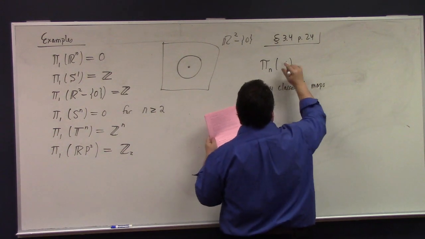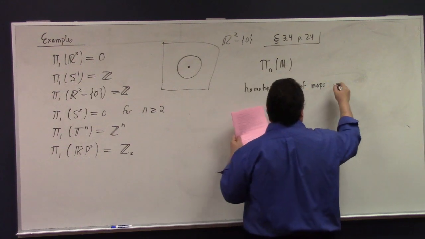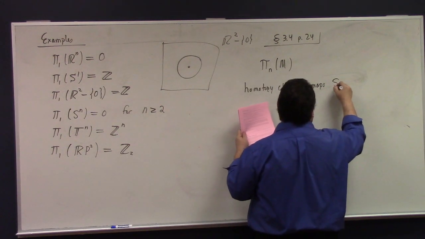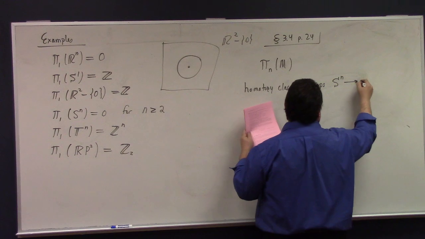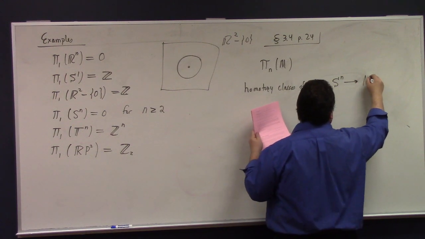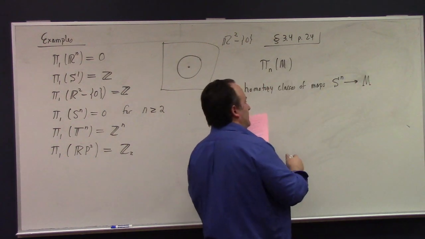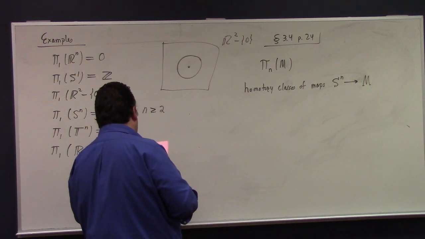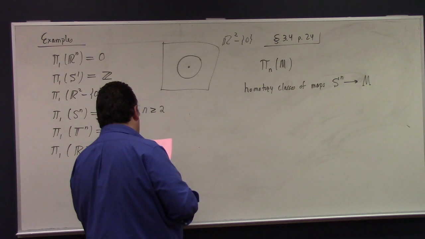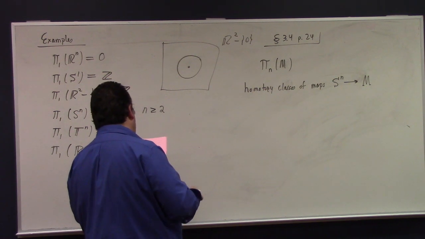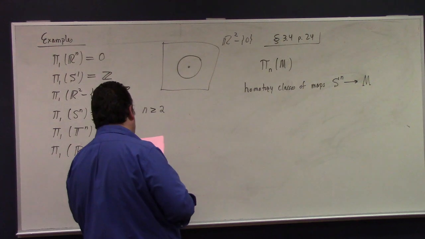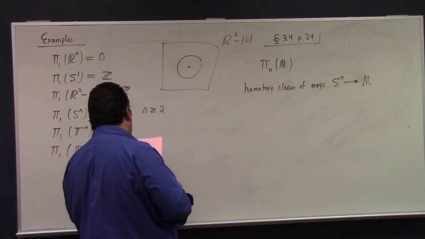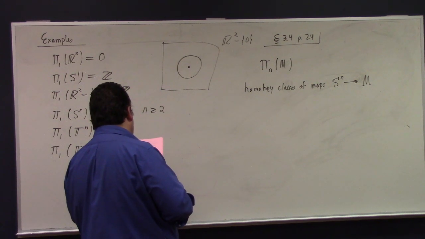He uses an M here, so I'll stick with him and keep with the M. Maps from the n sphere into the space that we're talking about. He says the higher homotopy groups are defined as homotopy classes of maps from Sn into M. He said, however, this formulation is slightly inconvenient. Recall that for the fundamental group, we mapped the identity and demanded the map with equal